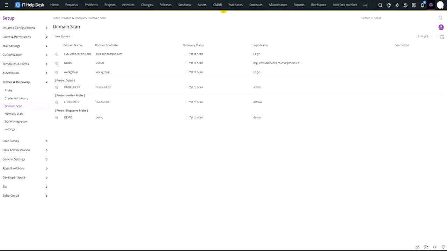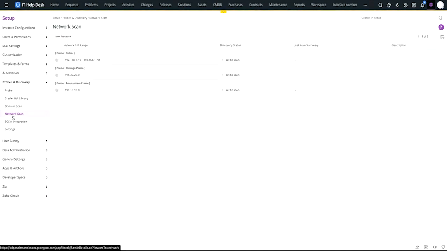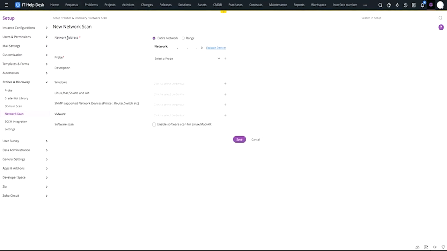Apart from a domain scan, we also have something called a network scan. In this, you'll be allowed to configure networks that are part of your enterprise and scan those networks for Linux and Windows workstations that are not part of a domain. These machines are grouped under the configured network. To add a network, click on new network, first select the installed probe